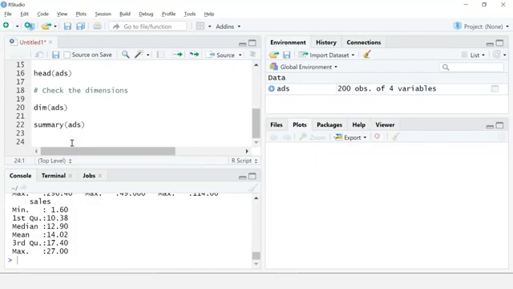Moving ahead, let's do some data visualization now to visualize our data. Since our data has only numeric values, using scatter plots would be the best option. So we will visualize our sales against each of the independent variables. For that, I will use the plot function and give sales in my x-axis and the independent variable names in the y-axis. Let me now do that. So I'll give a comment, data visualization.